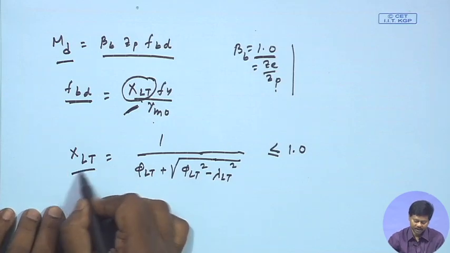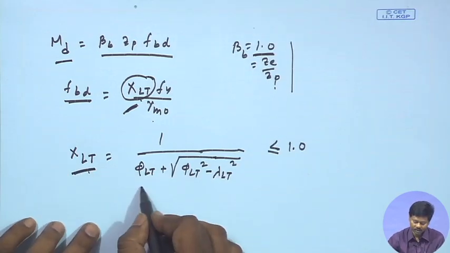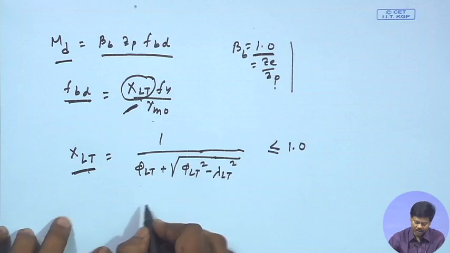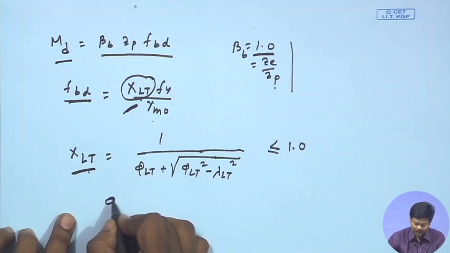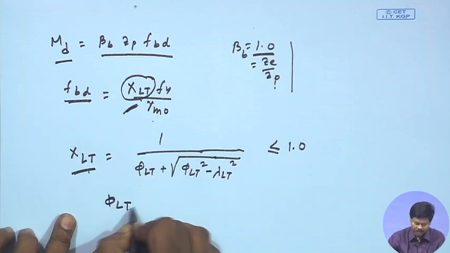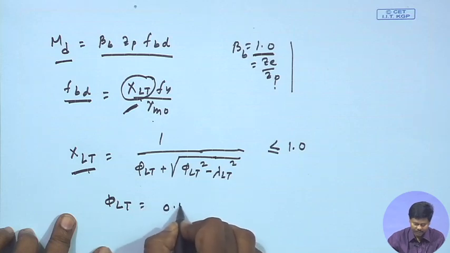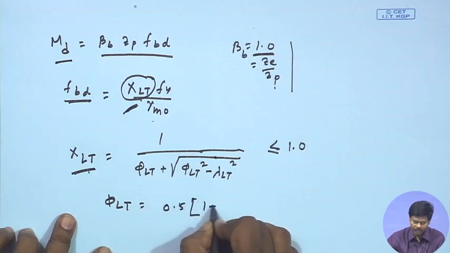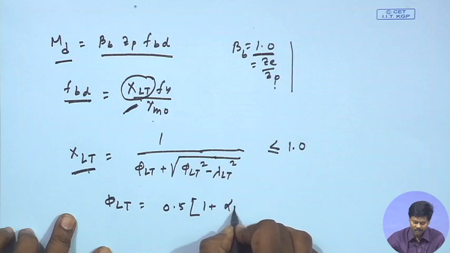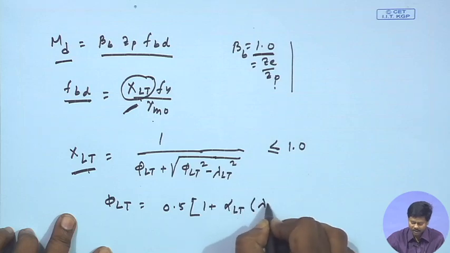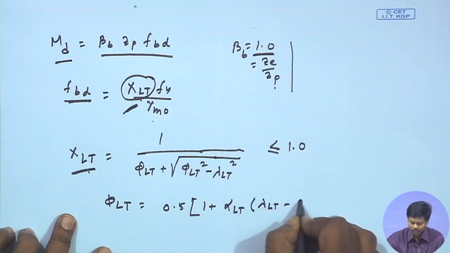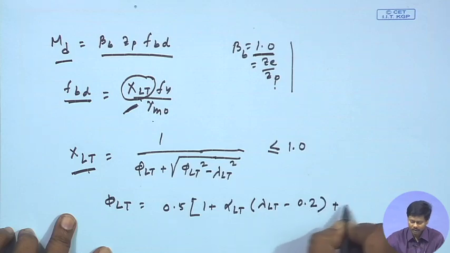So, the reduction factor XLT we can calculate from this expression, where the phi LT value can be calculated as 0.5 into 1 plus alpha LT into lambda LT minus 0.2 plus lambda LT square,